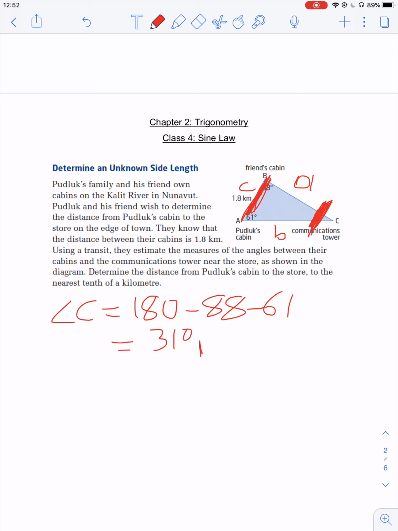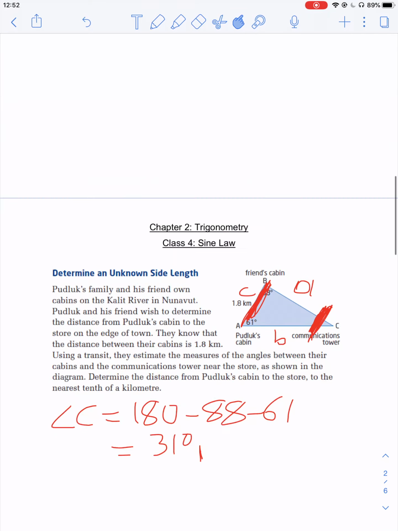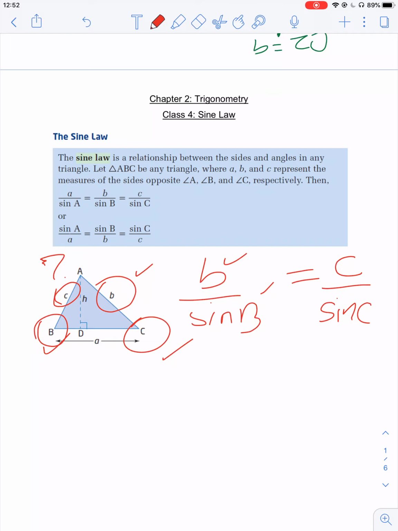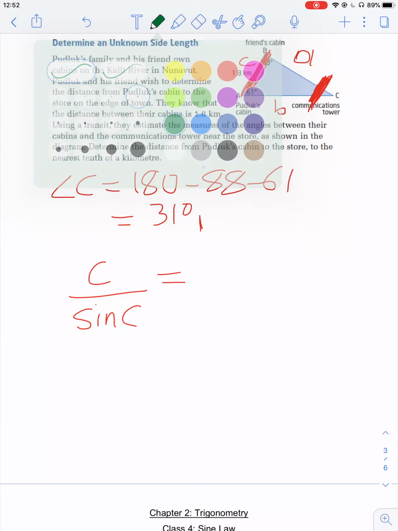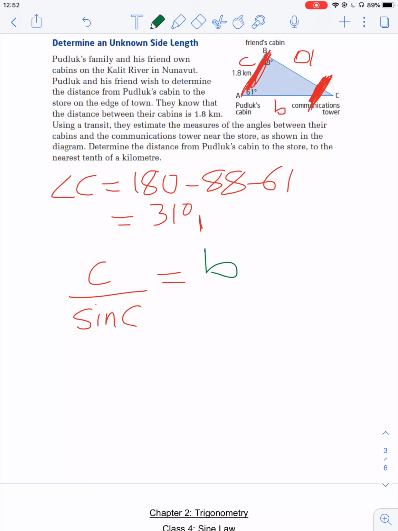So I'm going to use this ratio. Let's just go back to the formula, right? I am going to start off with this ratio because I know side C and angle C. So I'm going to write that down, okay? I know what C is, I know what angle C is. So, okay, is equal to, what am I looking for? I am looking for B, okay? So I'm going to put a different color for B just to show you that I actually currently don't know what B is. But what I do know is the angle opposite,